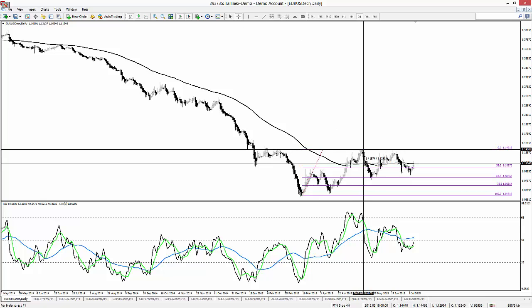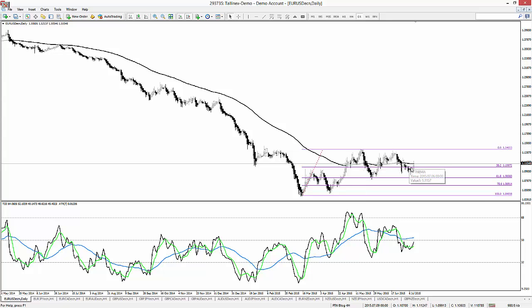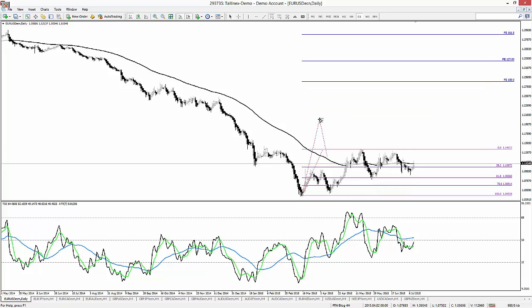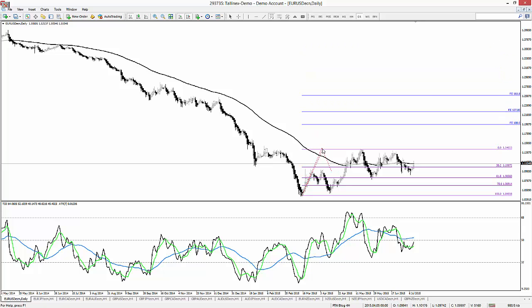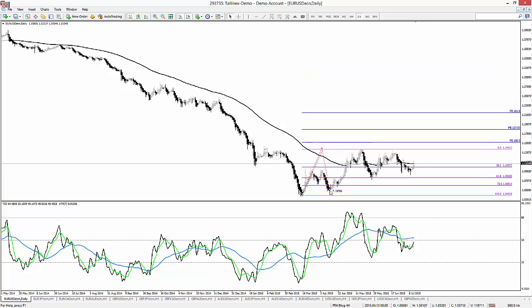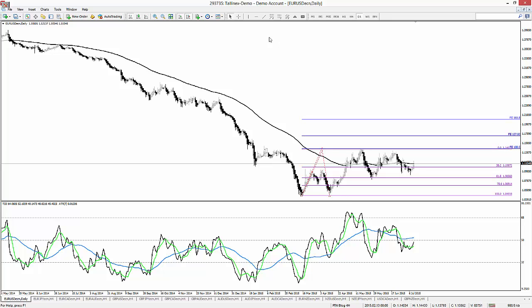However, this range is significantly large. It's 600 pips. But clearly, the market is moving sideways because we have not taken out this low or this high. I'm looking for this to go up. Where would it go? If I do my analysis, I'm at the 618. The 618, as we know, tends to expand to the 127. And if I pull my harmonics in,